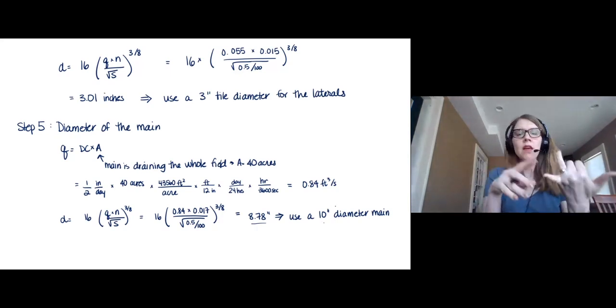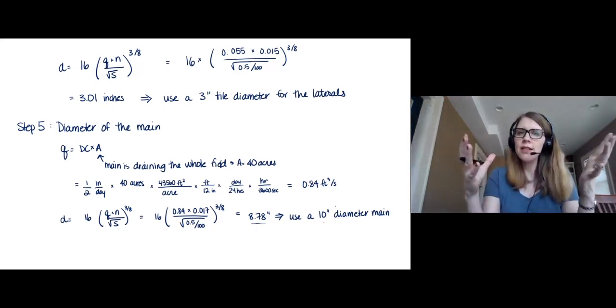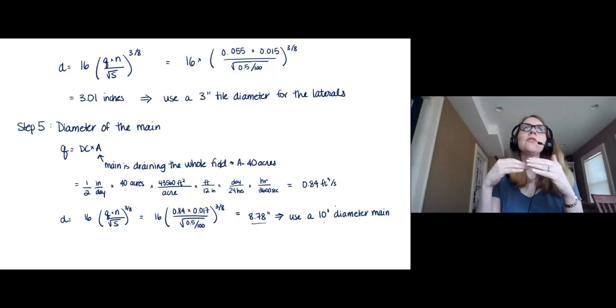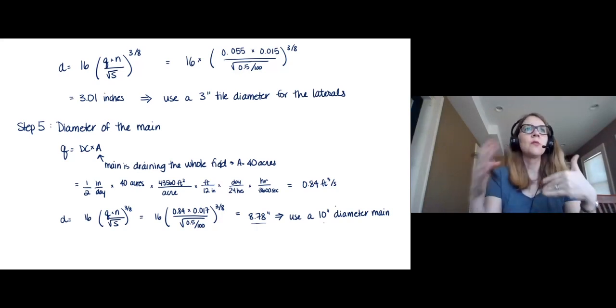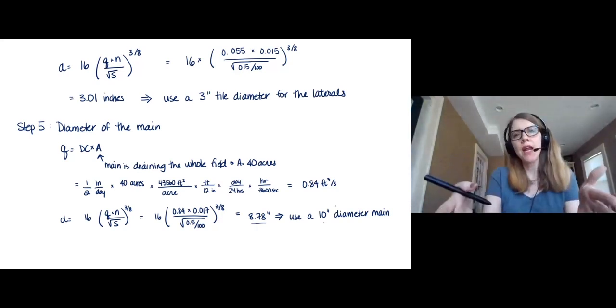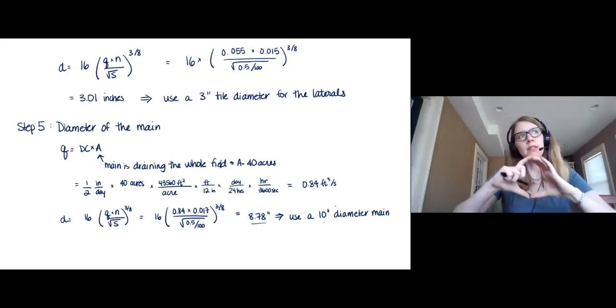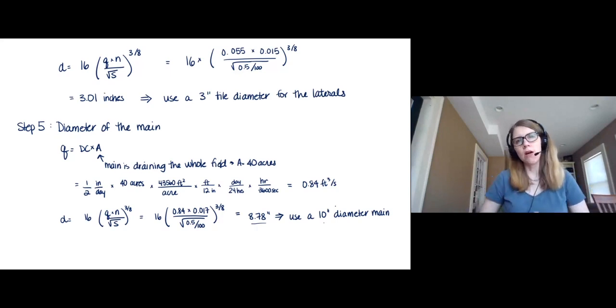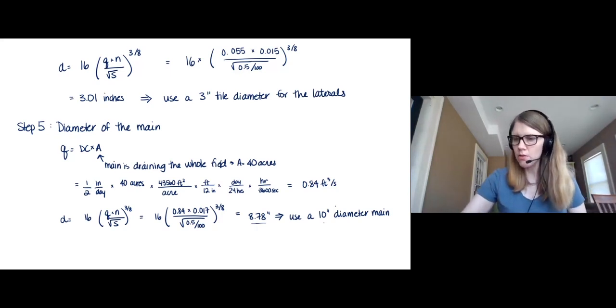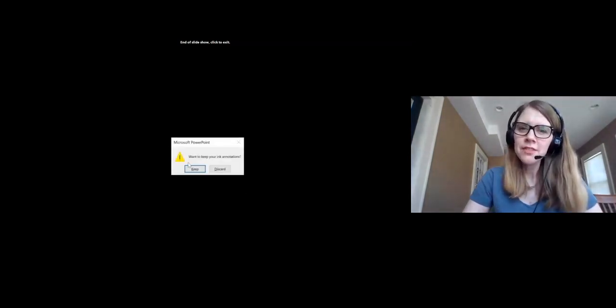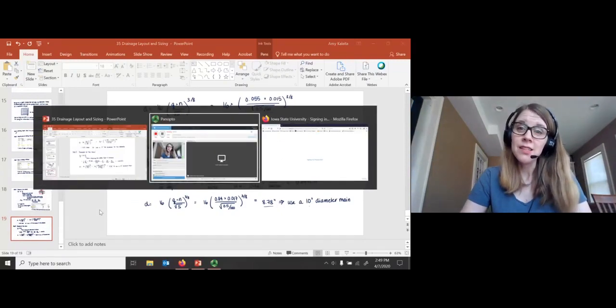So there's that. So then I've got the layout that I already decided on. I used local guidance for the spacing at my preferred depth, and then I was able to use these equations to compute the size or the diameter of the lateral lines and also of the main. So there you go. And that's the end of that. All right, so we'll be doing a lab on this, and you'll be crunching through that process yourself. And it will be super great.